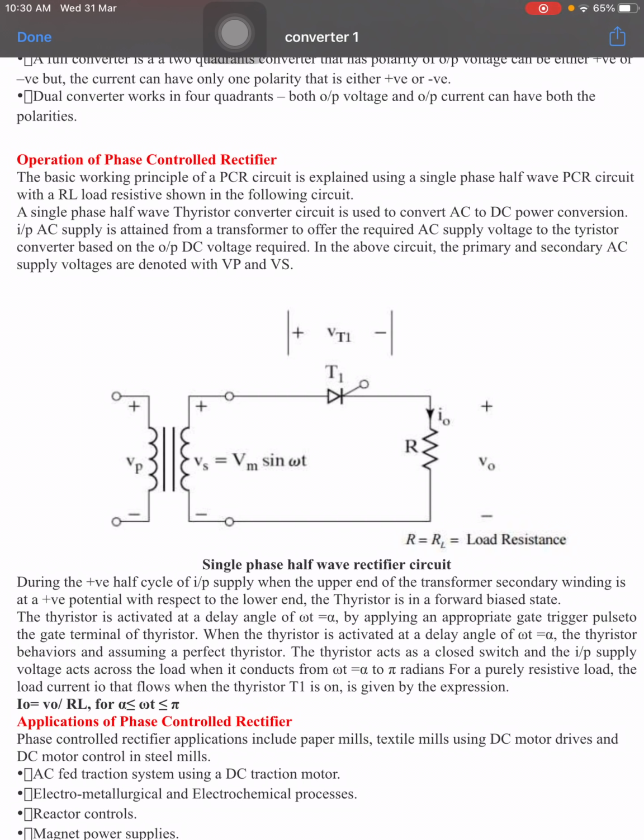So what I am telling is, here we have 2 cases from the circuit diagram. Case 1 represents the thyristor in the turn on condition. Case 2 represents thyristor T1 in the turn off condition. What is a turn on condition? What is a turn off condition? When should it be turned on?